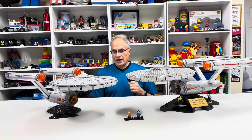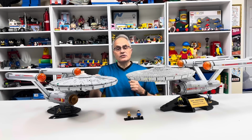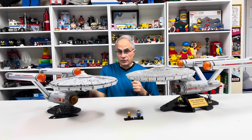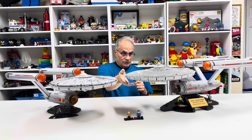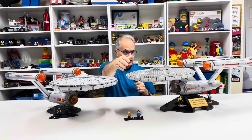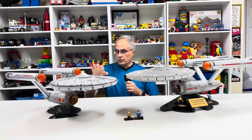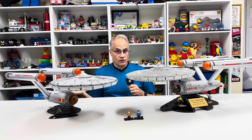But anyway, hopefully we will get an Enterprise on the scale of these Enterprises. These are rather large sets. They're both around 3,000. They're over 3,000 pieces. And this one's been on display for a while. I think this Mega Bloks one, I think the front of the Enterprise is starting to sag down a little bit. The Blue Bricks, we just built it, so I'm not sure how it's going to stand up with gravity